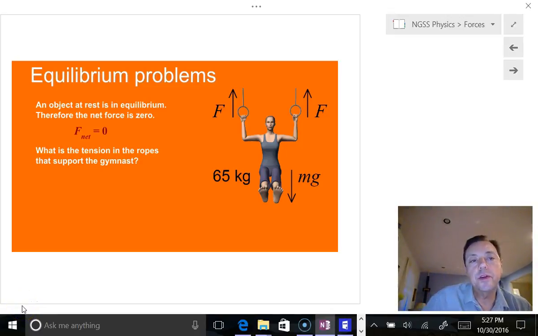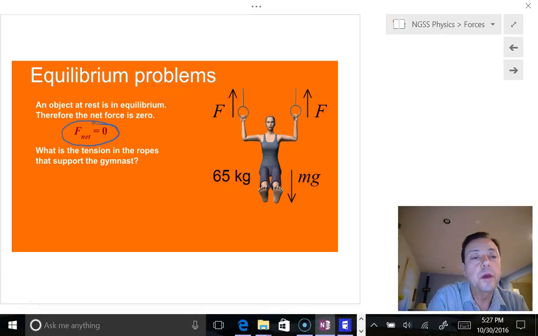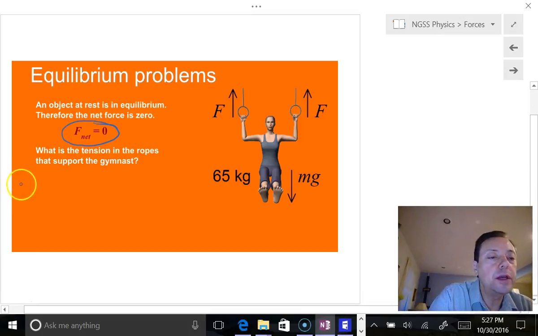Okay, let's look at some examples of equilibrium problems. Don't forget, an equilibrium problem means that the net force is equal to 0, and it also means that the object is not changing its motion. That might mean it's standing still, or it might mean it's moving at a constant velocity. In this case, the object, the gymnast to the right, is standing still. So we could say that the net force acting on her is equal to 0, which is equal to